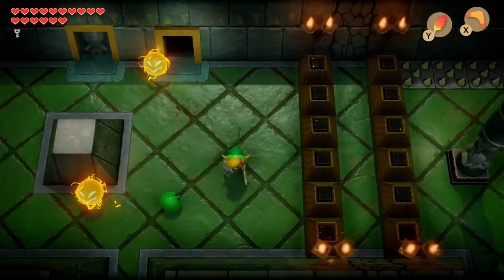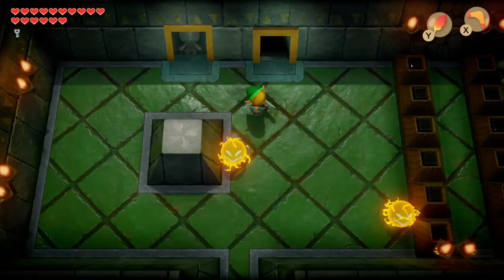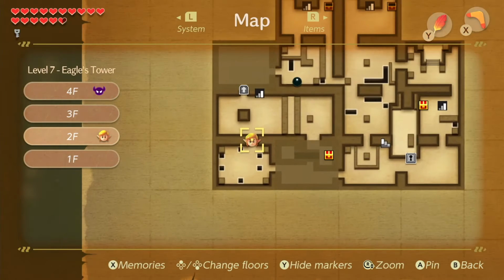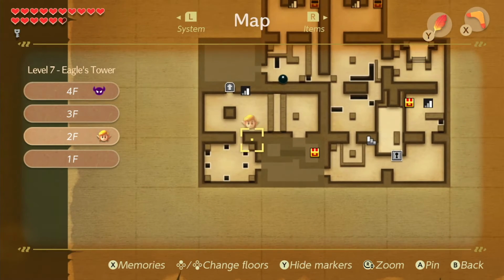Do I go? Actually, yeah, I go up to the room through the one-way door, I think. Do I actually? Yeah, I think I do. Because the third pillar is right...